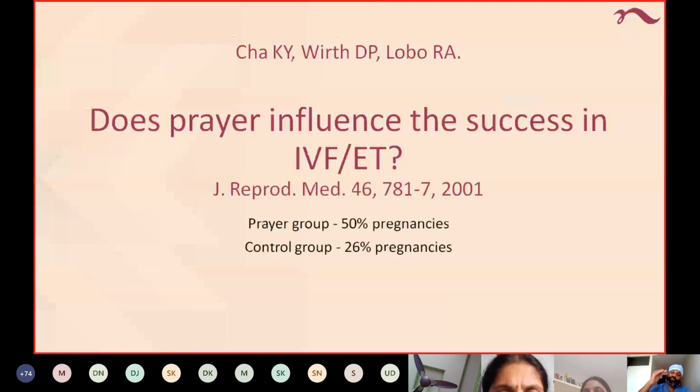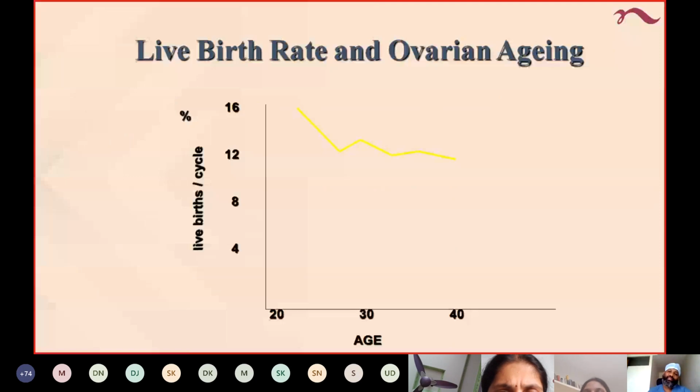And live birth rate reduces as ovarian aging happens. You see, as the age is advancing here, the live birth per cycle rate is slowly coming down. So you should always counsel the patients like in this chart that you're seeing. Your age is higher, your live birth rate or pregnancy rate is going to be definitely lower, and especially when 35 and above, it's going to be drastically lower. So you have to tell the patients and make it clear that when the age is more, pregnancy chances are very low. After 40, you see the decline, the way it is happening.